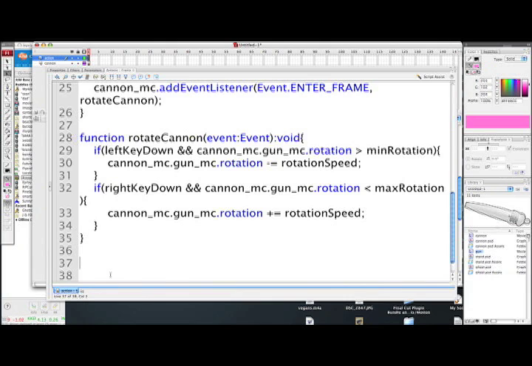The release key function is basically going to say the key is up, set the key back to false, so the boolean back to false, so it knows that the key is not being pressed, so you don't get any weird, just keep on turning. So the key release function is a keyboard event,